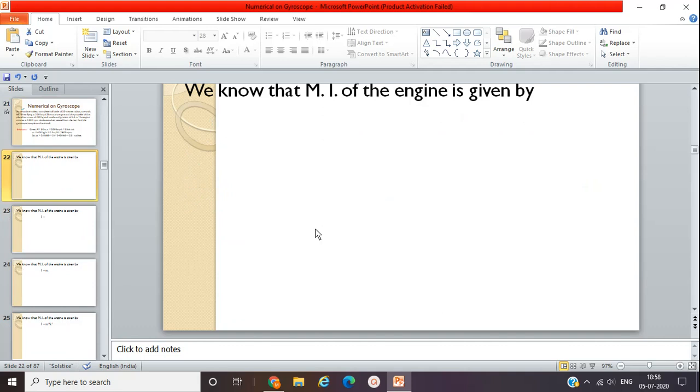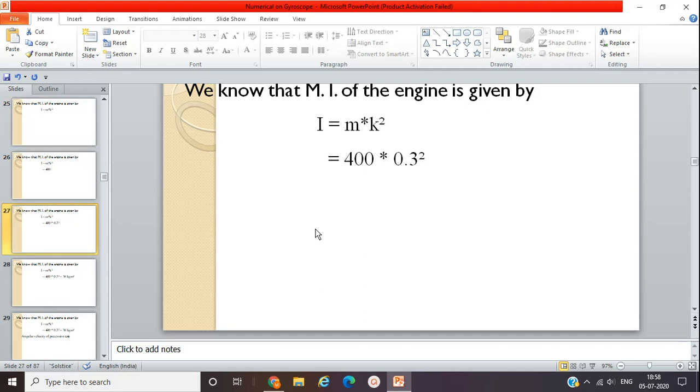We know that the mass moment of inertia of the engine is given by I equal to m k square, where m is the mass of the body, that is the mass of the aircraft, and k is nothing but the radius of gyration of that body. So I equal to 400 into 0.3 square, that is the data given in the problem statement. That is, mass is 400 and k is 0.3. So I, the moment of inertia of the engine, will be equivalent to 36 kg meter